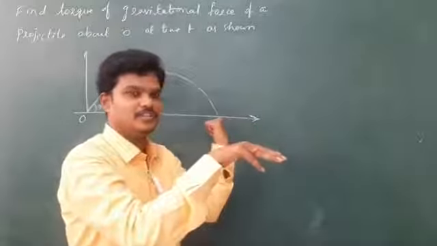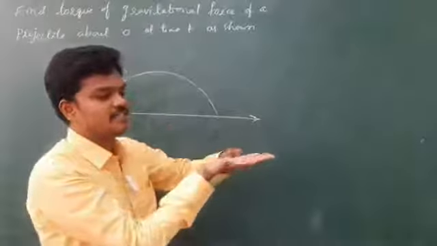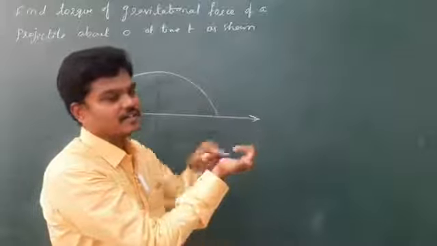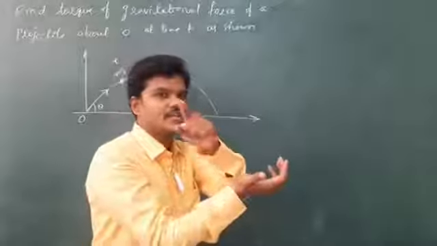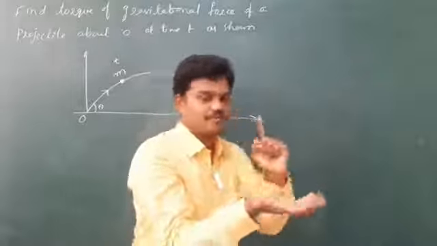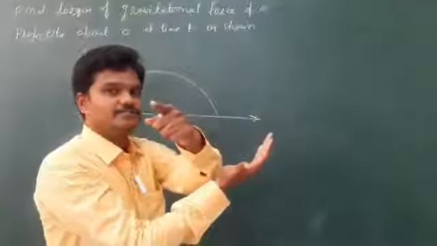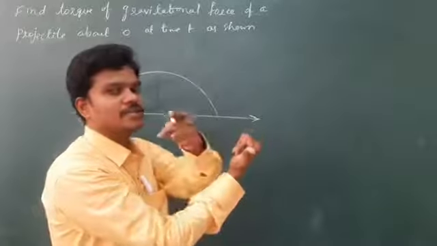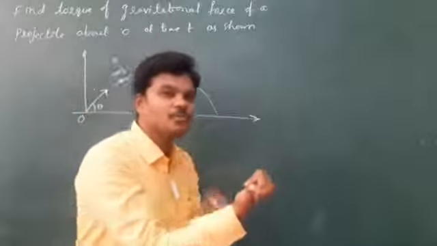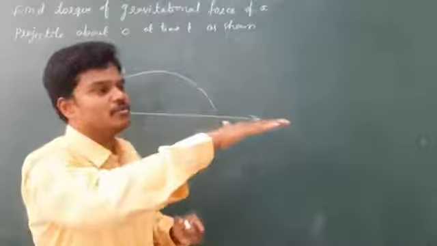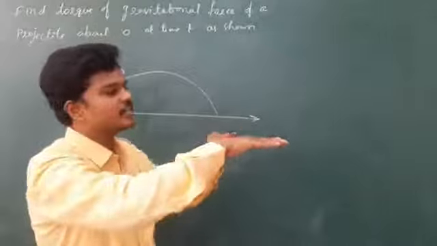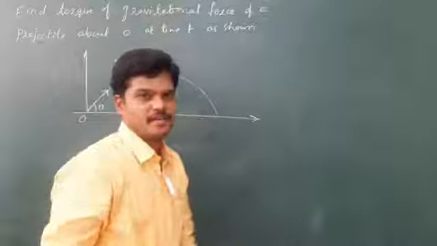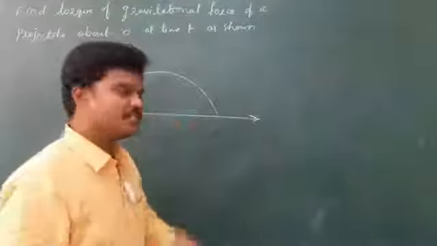I think you remember these things. If I hold my hand like this, this is r, and the fingers will move up, nothing but force. r cross F, and this is the direction of the torque. The direction of torque is always from r to F. So r, F, and torque. If the body is moving in the anti-clockwise direction, torque is out of the board, and out of the board means plus k cap. If the body is moving in the clockwise direction, we take the torque into the board, into the board means minus k cap, because here some vectors will come. That's why I'm using this one.